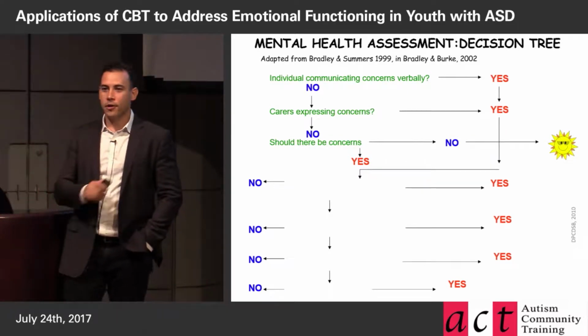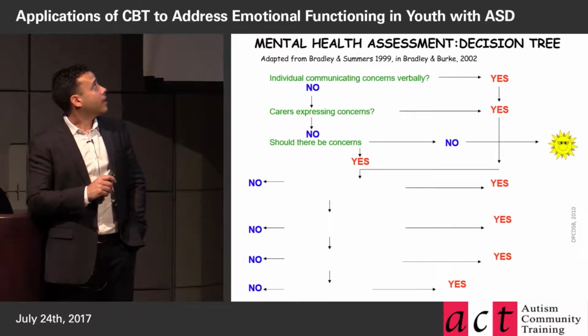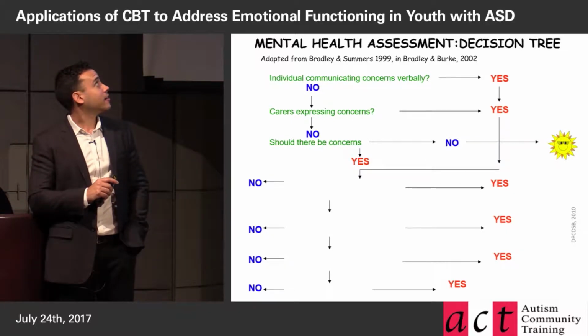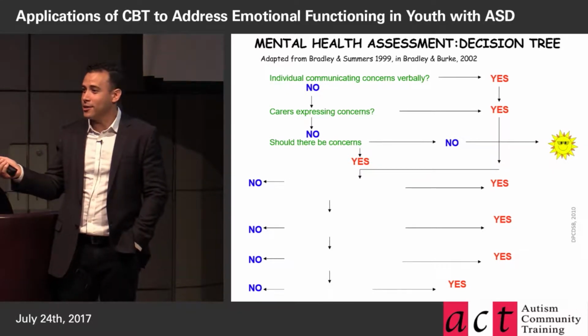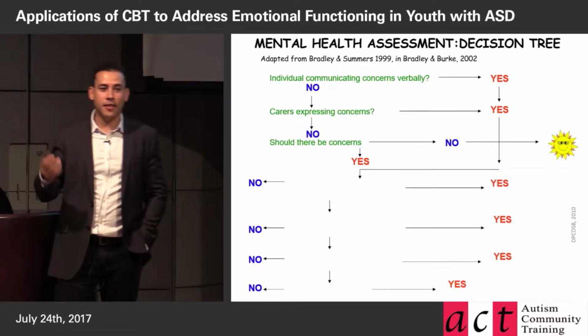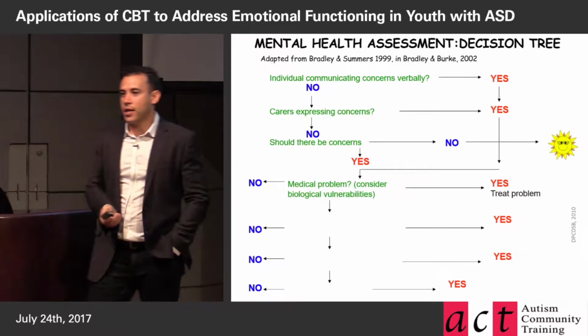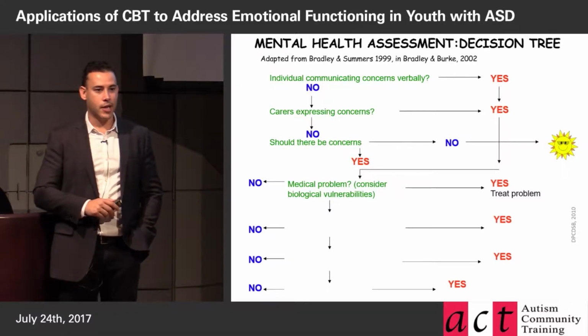help. So, the first part of the decision tree that is suggested, this is by Bradley and Summers and others, is: is anybody saying there's a problem? Okay, that's all this means, right? If there's anybody saying that, if no, then why are you asking these questions? Okay, somebody is saying there's an issue here, there's a concern, okay? The first thing you should ask yourself is, are there undertreated or undiagnosed medical issues at play?